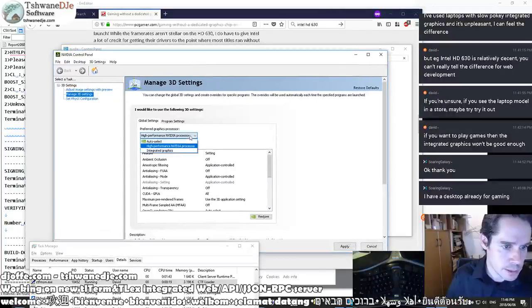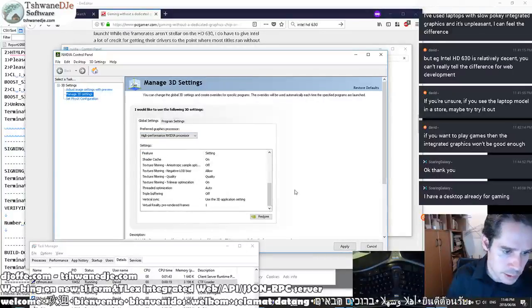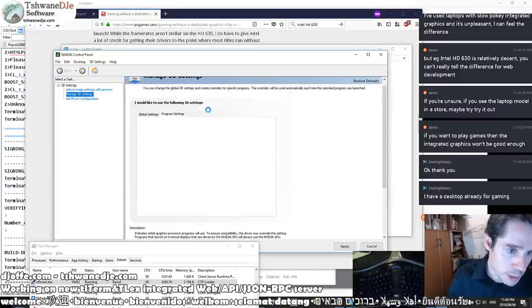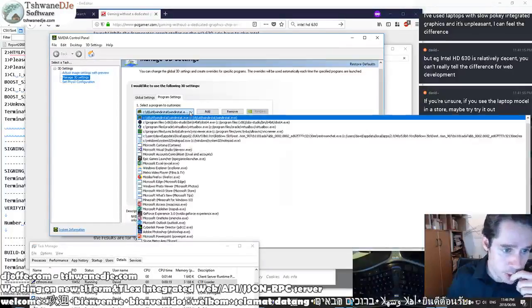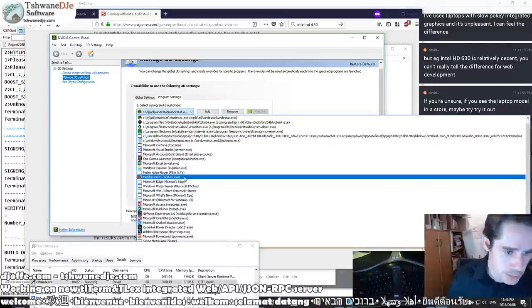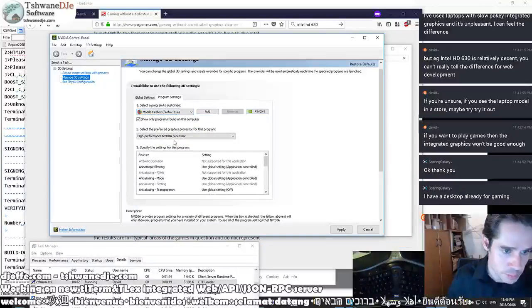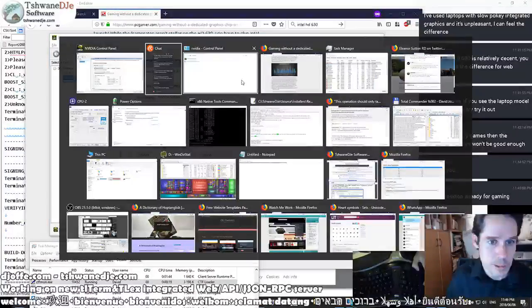Manage 3D settings. You can say preferred graphics processor, high performance NVIDIA processor, and then you can also select somewhere on a per-program basis. So what I've done is I've tried to set as many programs as possible, but not all of them you can set. I've tried to set as many of the programs I use on a day-to-day basis to the preferred graphics processor. That's about the best I can do on this system, short of